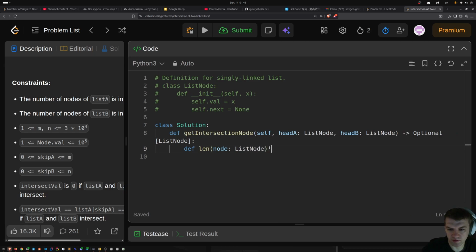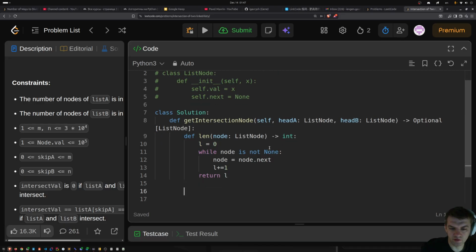I'll return an integer, and I'll have L equal to 0, and while node is not None, I'm going to do node equals node.next, and L plus equals 1, and in the end return L. Then I'll call it for head A, say LA is equal to len of head A,